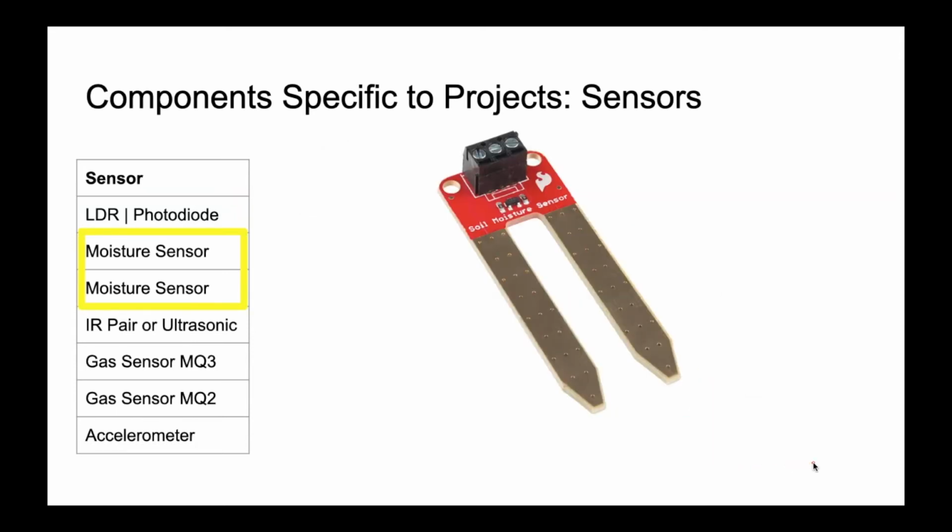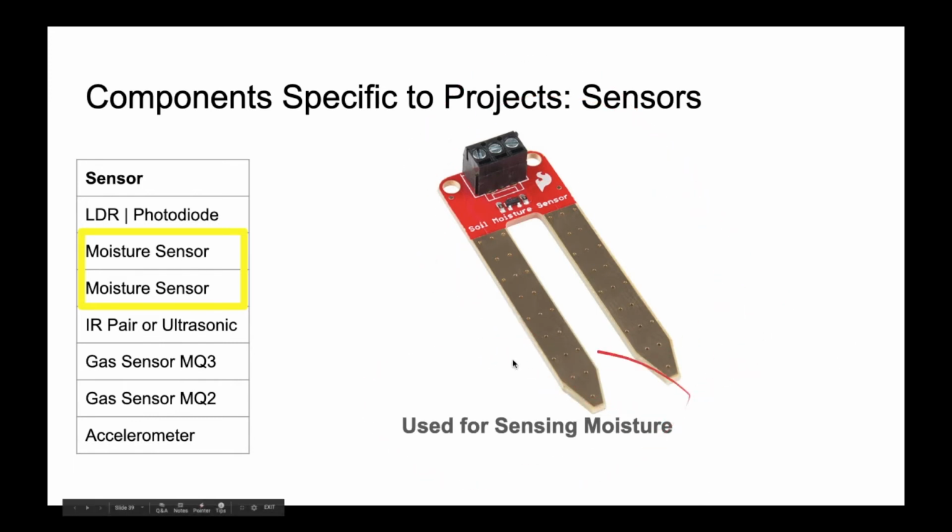Our next one is a moisture sensor. Here you can see this is a moisture sensor. Do you know what it is used for? Say, for example, you are considering a project where you need to sense the moisture in the soil. A very useful application of this is in the agricultural industry. Whenever the soil becomes dry, we need to sprinkle water, and that too automatically. In such a project, we can use this for sensing the moisture in the soil. So the basic application of this one is sensing moisture in the soil.